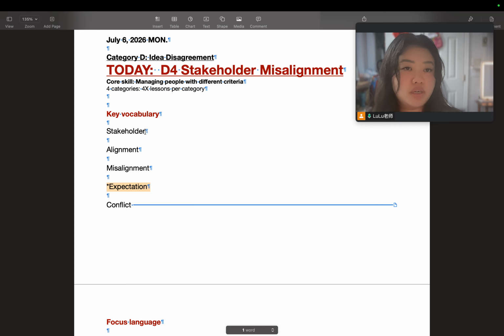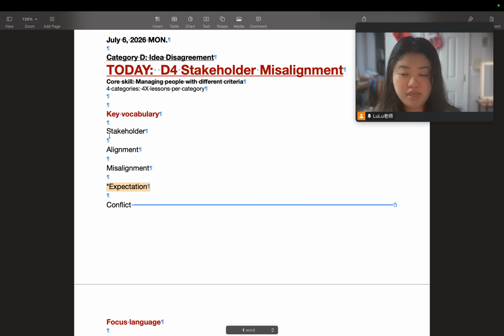Please read each word and tell me what you think it means. Go ahead. Good. And I usually encourage my students to simplify. Okay, that's good. Can you tell me another possible meaning? Can you make it even more simple? Good. A stakeholder is anyone involved or affected. Examples include manager, the client, the product team. Number 2. Go ahead, please.